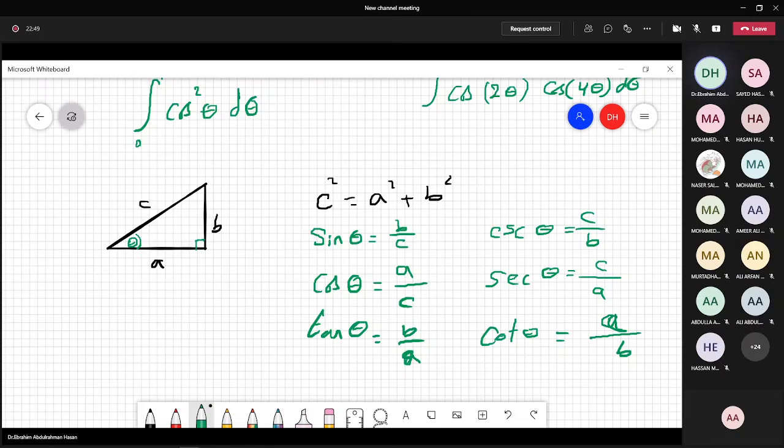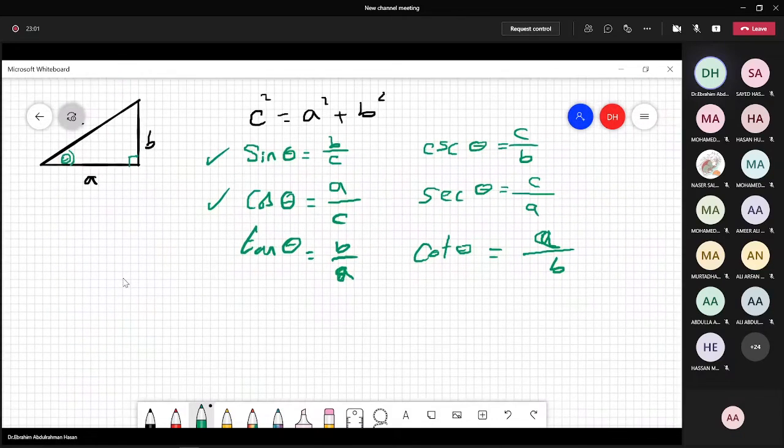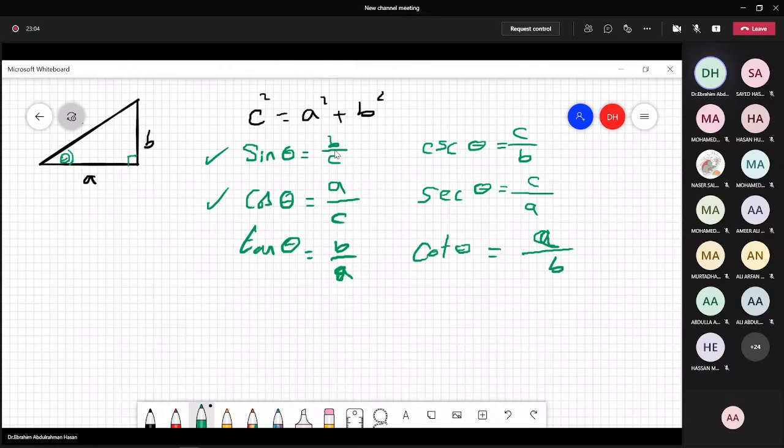Well, it is enough for any angle. If you know sine and cosine, then the rest you can calculate directly. Once you know sine and cosine, the opposite of sine is cosecant, the opposite of cosine is secant, and tan theta